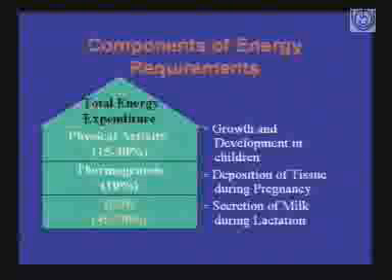The total expenditure includes what? It includes the basal metabolic rate. I will let you know what we mean by this. This accounts for 45 to 70% of the total energy expenditure in our body. Then it includes the physical activity here, which accounts for 15 to 30% of the total energy expended in a day. And thermogenesis, the metabolism of food in the body, requires some energy, and this accounts for 10% of the